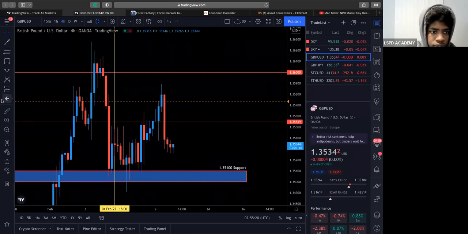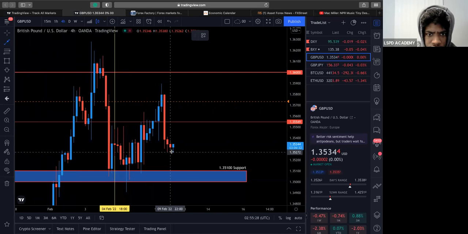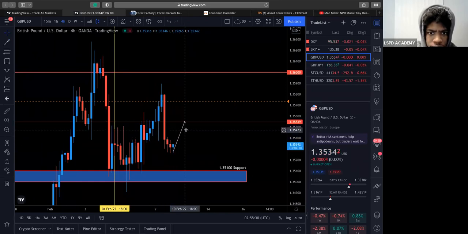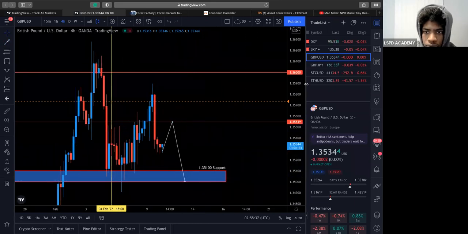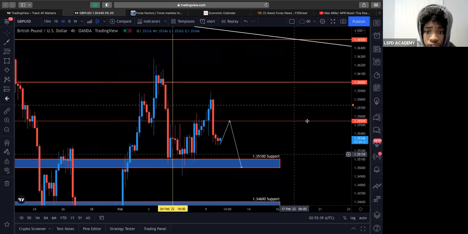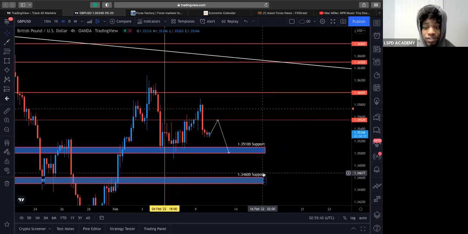I'll say what we'll probably see tomorrow, and we're gonna see how this plays out, is probably see price come up to this level, and then reject off, and at least head to this 1.35100 support, or start to head lower to this 1.34600 level support,